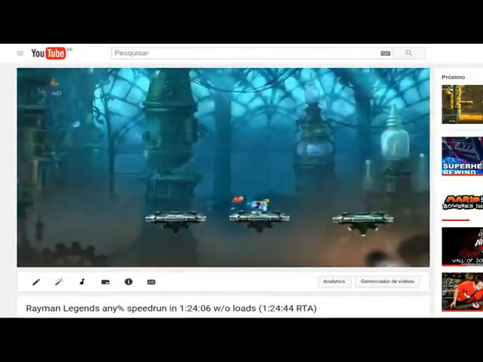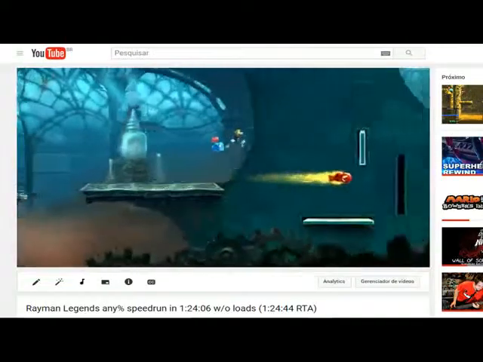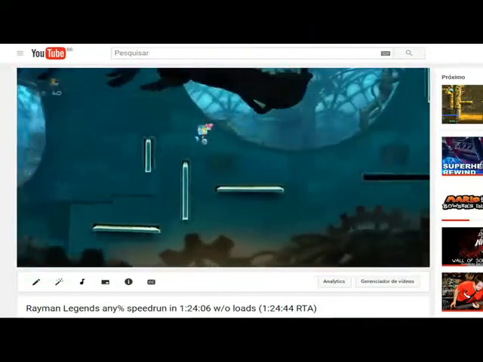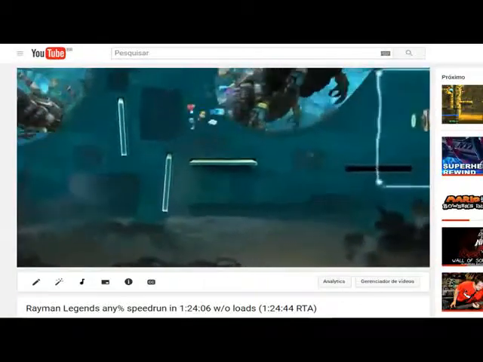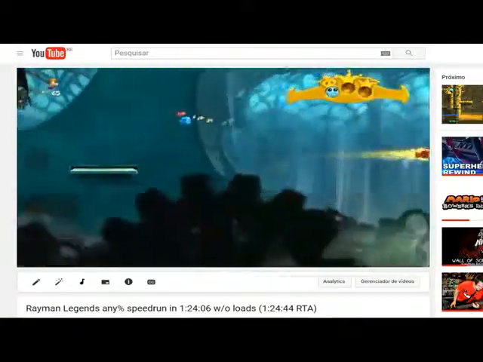So, that's the first phase of the boss. He just shoots his big laser at you, and you have to shoot him in his mouth gem. I don't know, I don't get it either. The bosses for this game are...